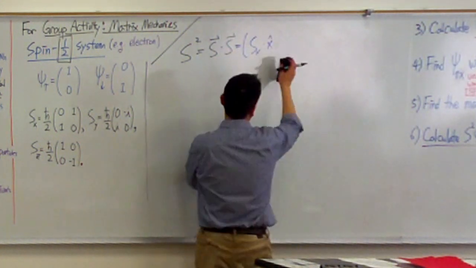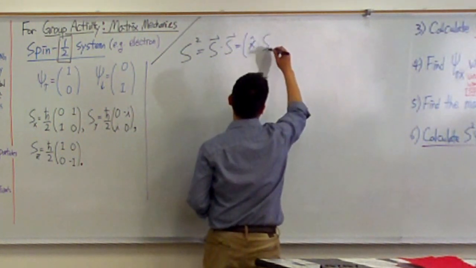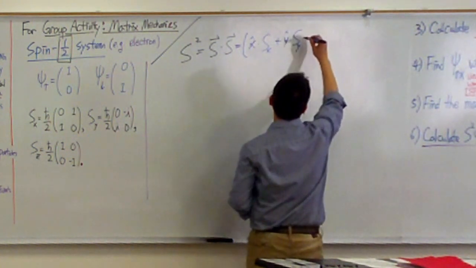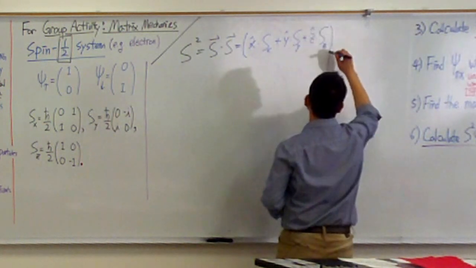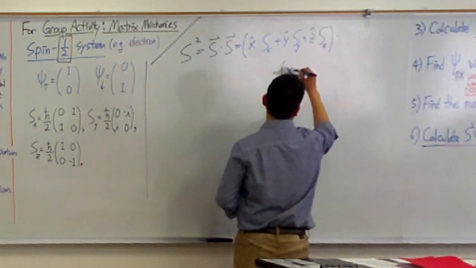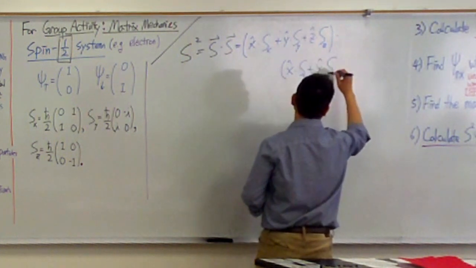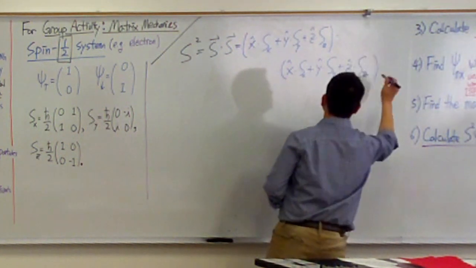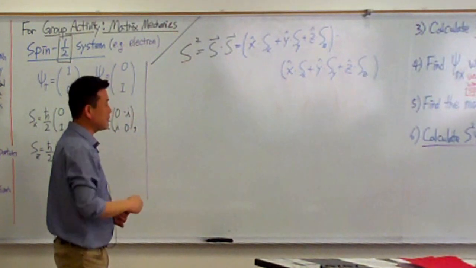Actually, let me swap the order so that there's no confusion here: x hat times the x component plus y hat times the y component plus z hat times the z component, dot product with x hat times the x component plus y hat times the y component plus z hat times the z component. Good. I want you to write it out this way because this is a chance to clarify